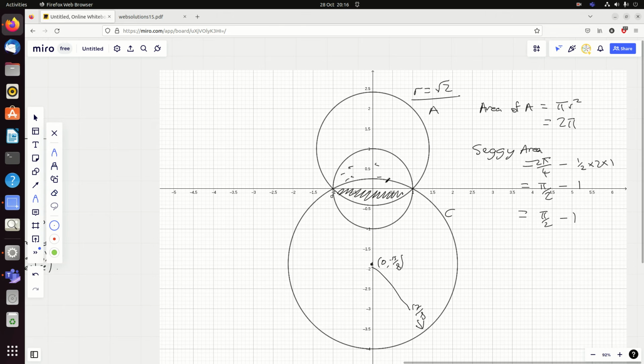The spotty area, if I can just spot this area, that's just half the area of a circle of radius 1. So if I can just put down casually here, spotty area is going to be pi times 1 squared divided by 2. Well, that's pi over 2. And so, finally, the area of the largest region